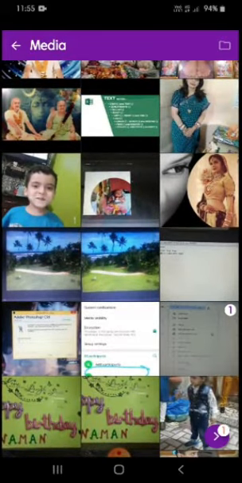Suppose I am uploading this one. You can see it is uploaded, done. This way you can take a picture or move to the gallery.